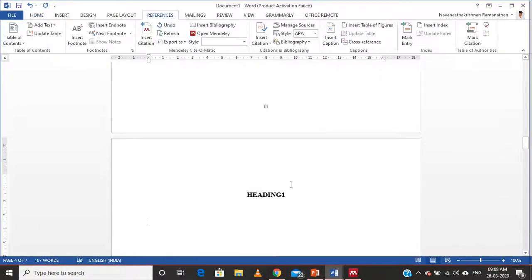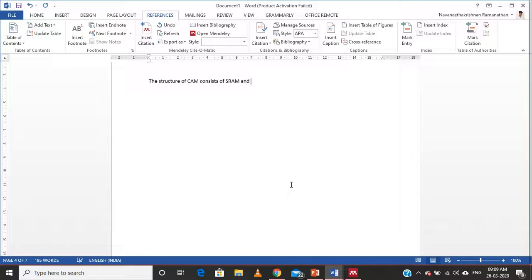For example, if you are writing something like, the structure of CAM consists of SRAM and a matching query, and you are making use of a statement done by others, you need to cite that particular article.